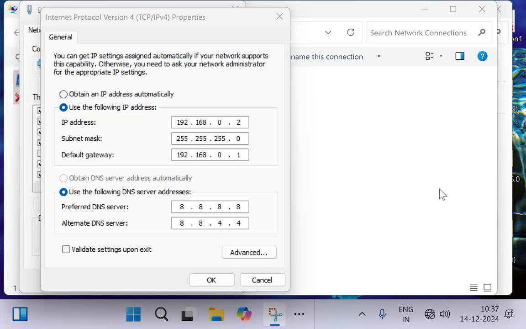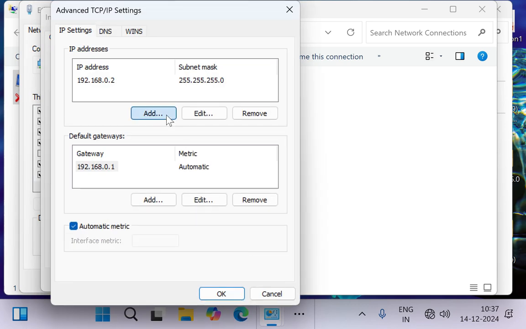Now let's learn how to add multiple IP addresses to a computer. This computer already has an IP address, that is 192.168.0.2, and if I want to add another IP address, then simply click on the Advanced button, then click on Add,